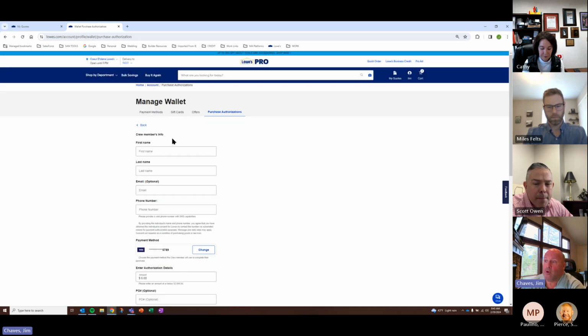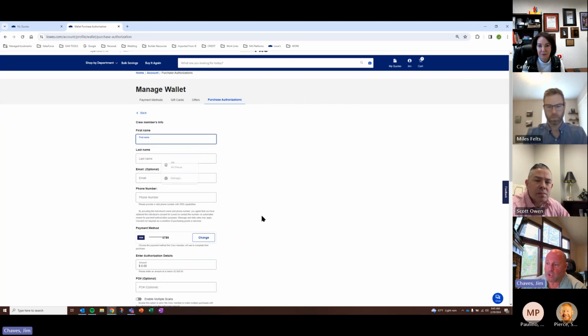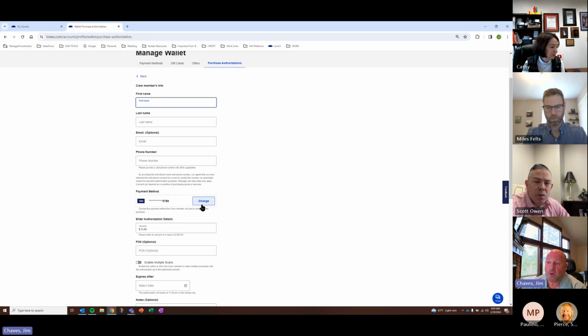If I wanted to do it for a new crew member, I would just put in... I'm not going to do a new crew member because it's going to ask for another email, but this is the template that you go through, just a couple of questions. You define which card to put it on, the dollar amount that you're going to authorize. So Scott's going to be working for you for 2 weeks and it's not going to be more than $500. So you would just put in $500